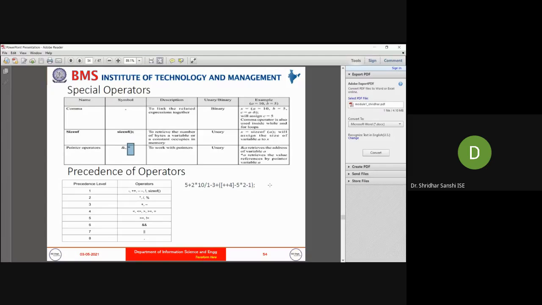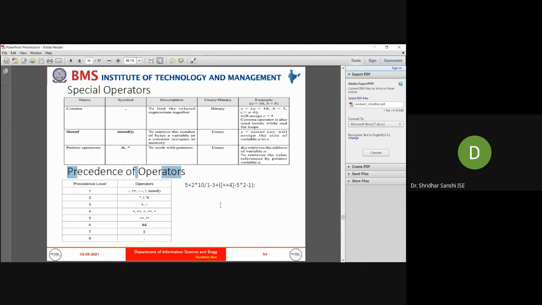If we write star a, we will get the value present in that memory location. The value present here is 10. So that value is returned. That is the use of star. These are important operators when we talk about pointer operations. We'll see that.